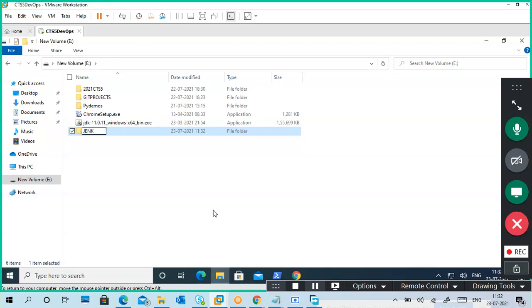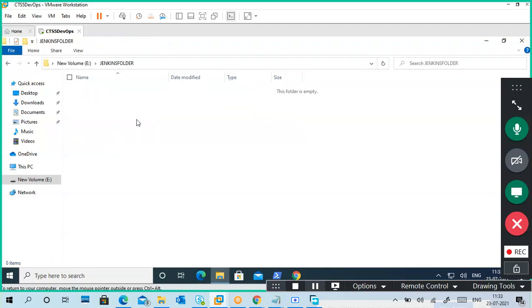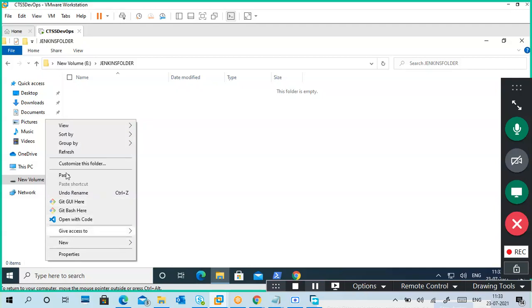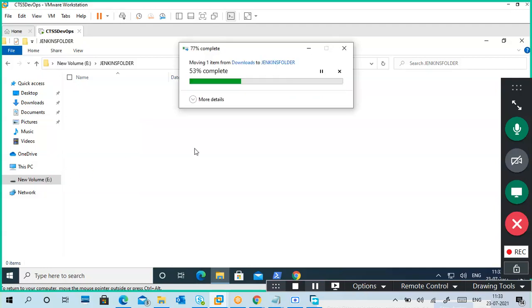I put the name of this folder as Jenkins, or you can use Jenkins data also, no problem. Anything, I just paste it here. Okay, now Jenkins.war is ready.